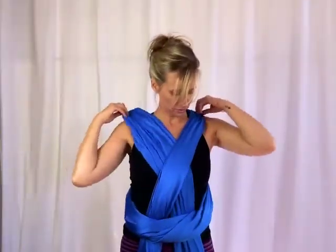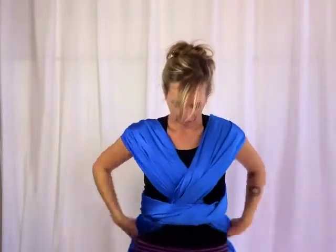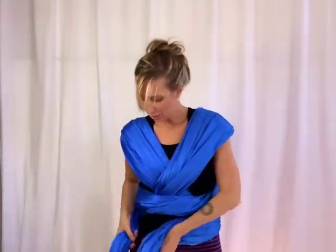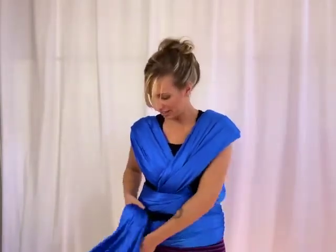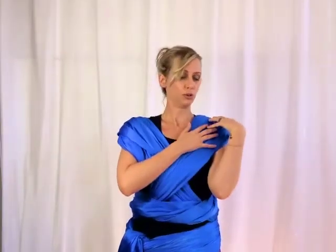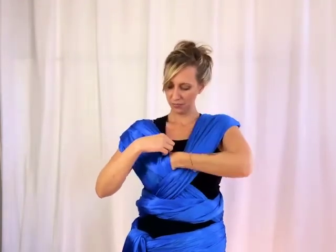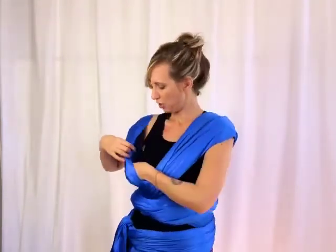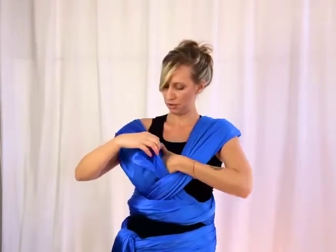From here, I can spread this out over my shoulders, take this around the back, and then loosely tie it at one hip. You can also tie it in the front, but I like it off to the side of the hip. So you'll take your baby and place him or her over your shoulder, facing in towards you, and then slide down into the pocket. Now, you can actually take a layer and put a layer between you and the baby,